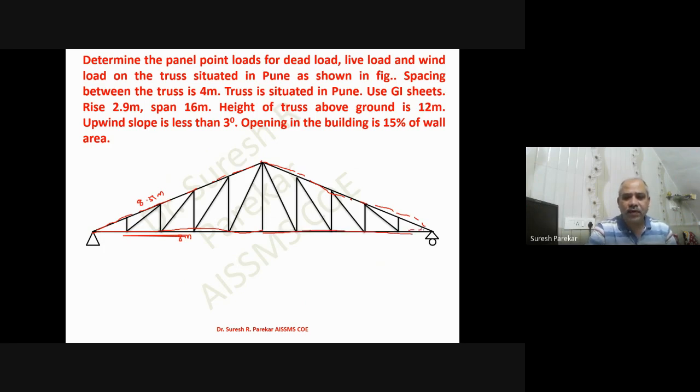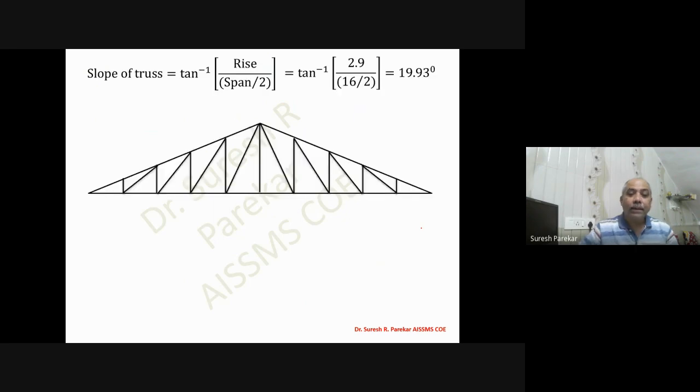Now in this we are going to consider panel area. What is panel area? So you can see we have panel points. This will be a full panel point, and likewise we have purlins on this. Now the load on this panel point is responsible for this area. So this is my spacing of purlin. So this is the spacing of purlins.